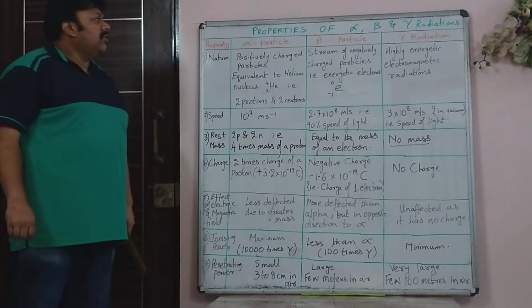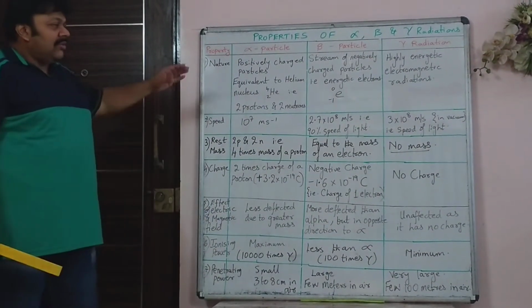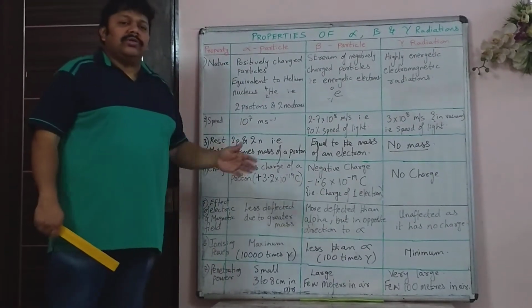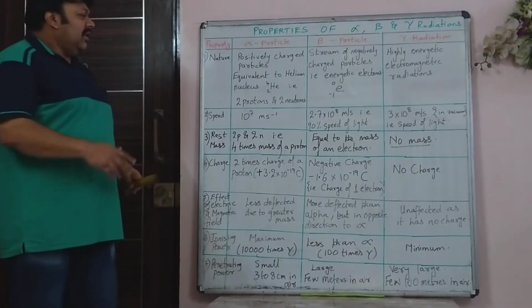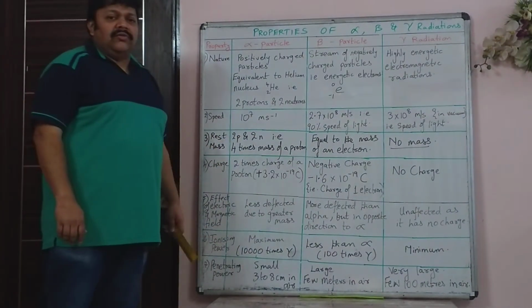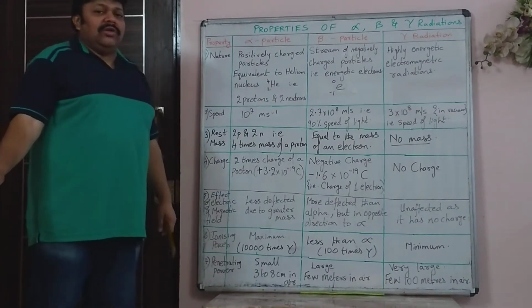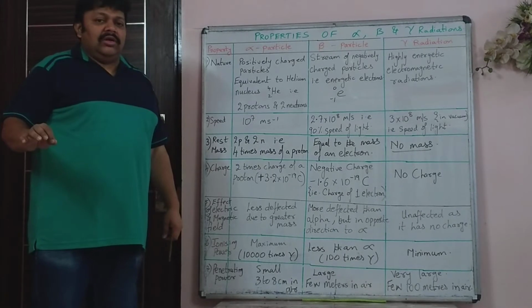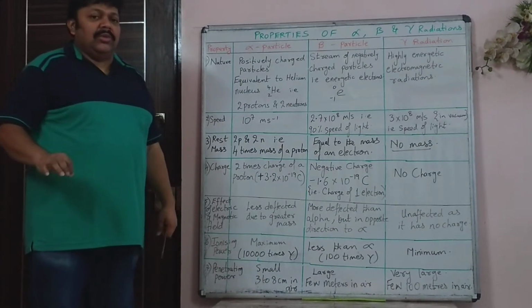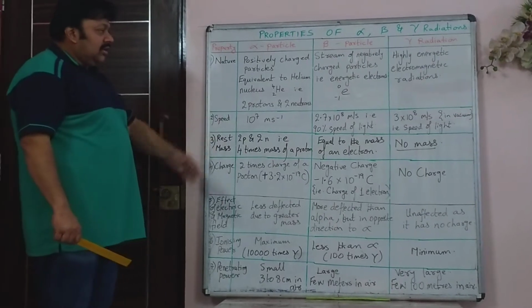See the properties of alpha, beta and gamma radiations. Now in this chapter, generally a 1-2 mark question regarding some properties is asked in the boards. It's very easy once you learn it in a comparative form like this. Everything that is mentioned in the textbook, that is, all the values like the mass of the proton and all that, need not be remembered. Few things you have to know, so that is written here.